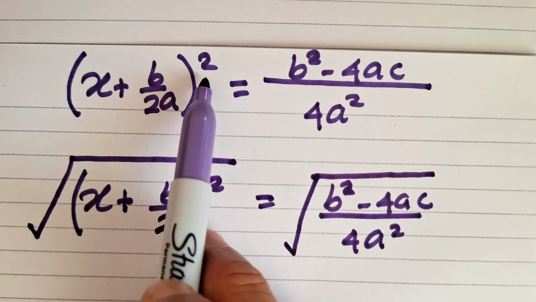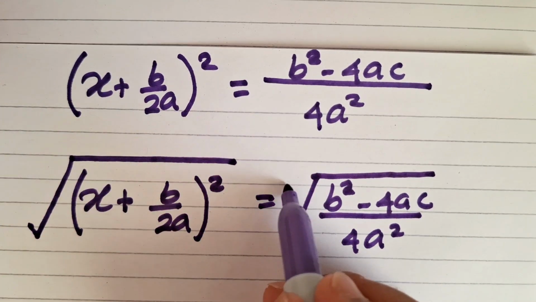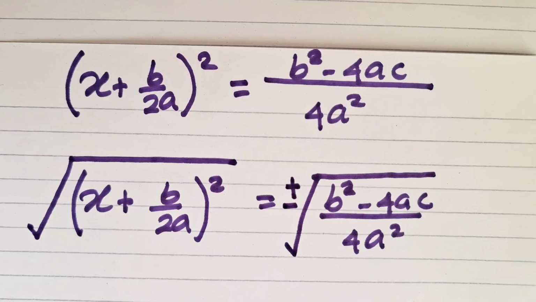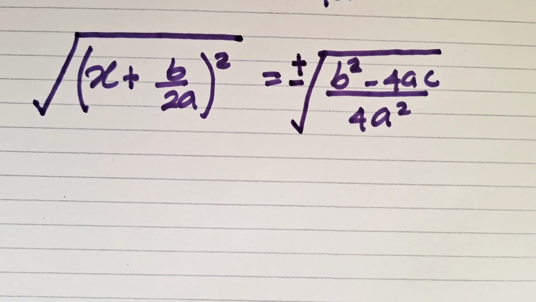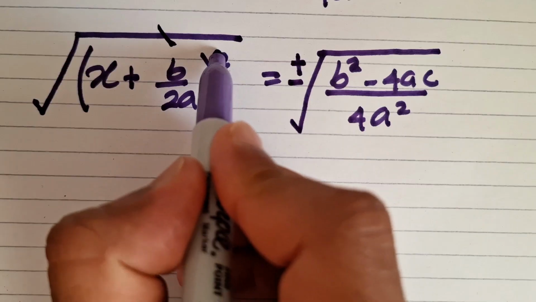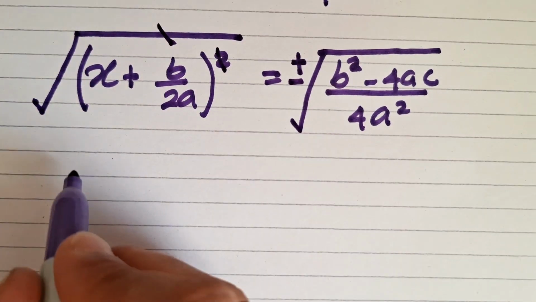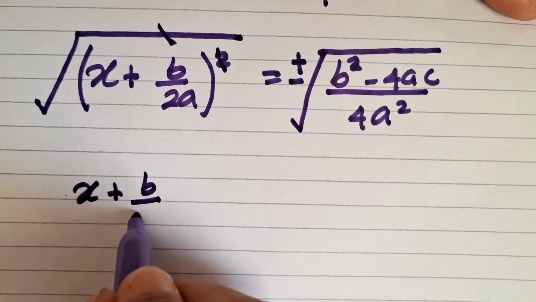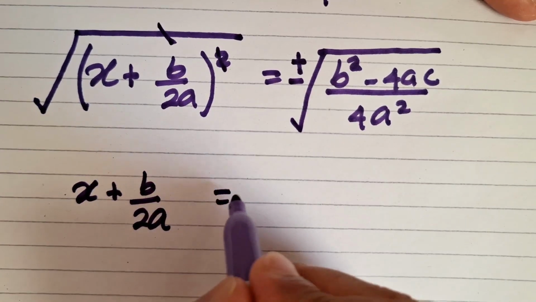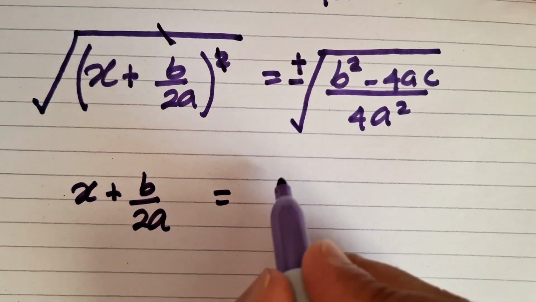So here when we take the square root, we have to consider plus and minus both values because we have done squaring in the previous step. So now the square root and the square are going to be cancelled. Then on the left hand side we have x plus b over 2 times a equal to